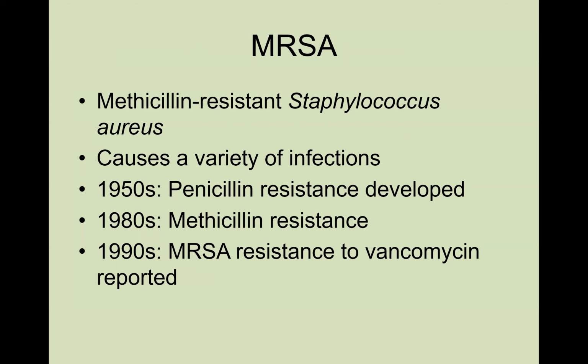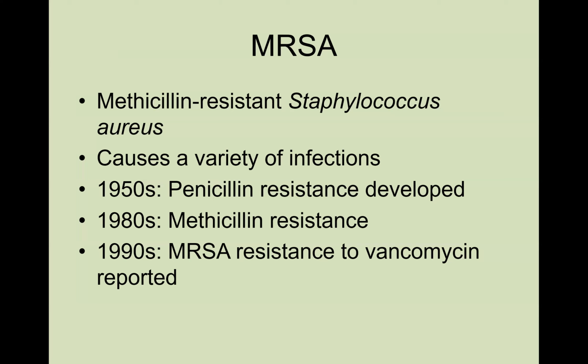All right, so thinking about that MRSA, again, this is methicillin-resistant Staphylococcus aureus. This is a bacterial infection, and it causes a wide variety of infections, but in particular, it causes a series of skin infections to take place. So just a little bit of history for it. In the 1950s, they started to see that penicillin resistance started to develop. What this means is that it's not the person being resistant against the antibiotic, it is the strain or the type of bacterium that is resistant against penicillin.